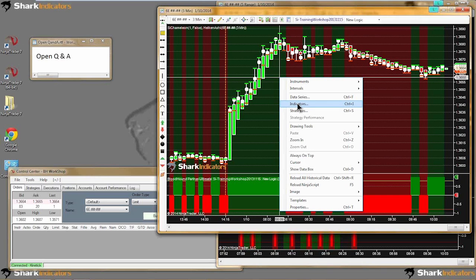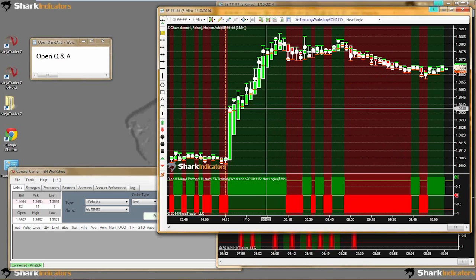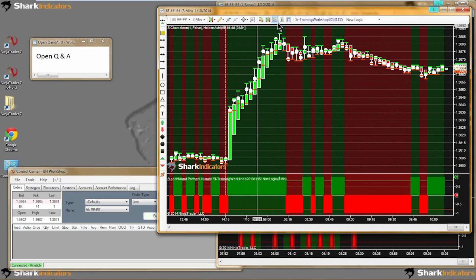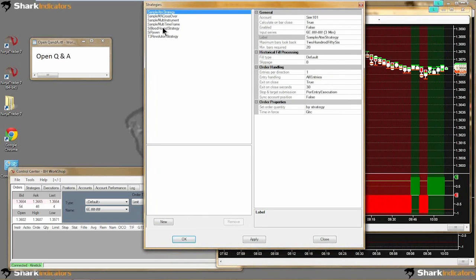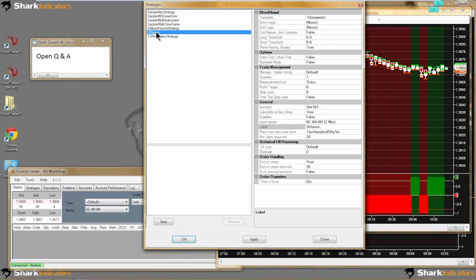So George, just to lay the groundwork, BloodHound is not able to know when an exit triggered from the strategy. That information of knowing when an exit was triggered in the strategy, in Raven, stays in Raven. It can't be passed back to BloodHound. So with Raven, what your choice is in order to reverse